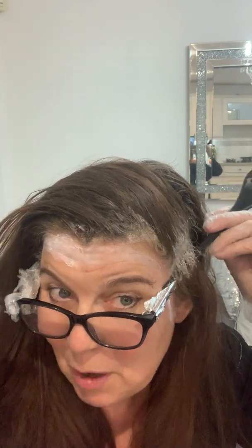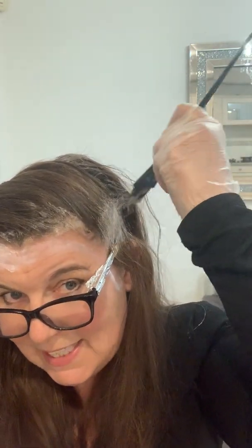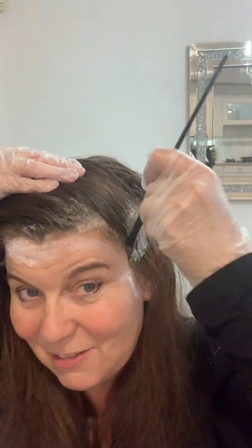Now remember, I've got glasses on. You can take them off if you want to around your ear area, but remember you've got the foil over your glasses, so they're well and truly protected. I am going to take mine off because it just doesn't feel right for me, even though I might be able to see it. I'll probably plaster it all over my face now, but